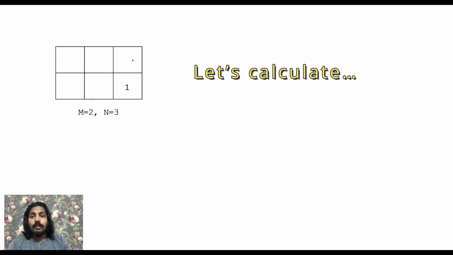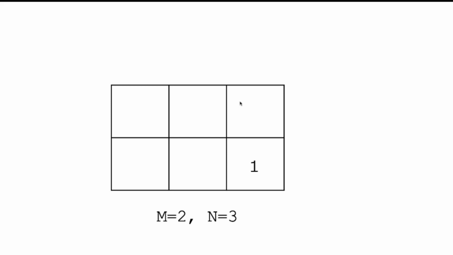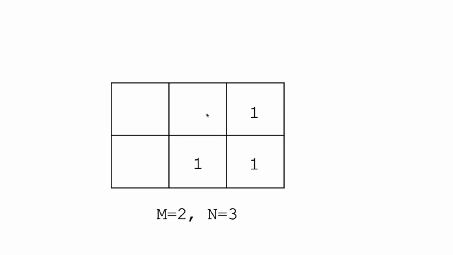For example, for this cell, the number of unique paths from finish is just 1, right? It can be reached by this. And for this cell, it is just 1, right? So from finish. And for this cell, it can reach this cell from finish either through this path or through this path. There are two different paths, right? So we can just add these two values. Okay, so number of unique paths to reach this cell from the finish is just 2, and we fill this